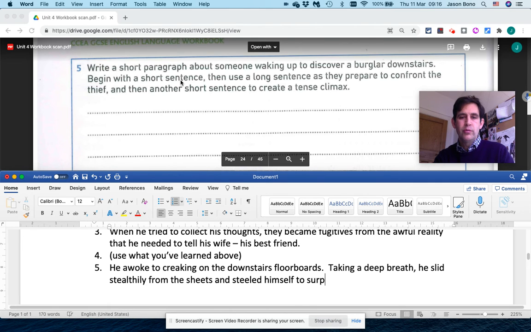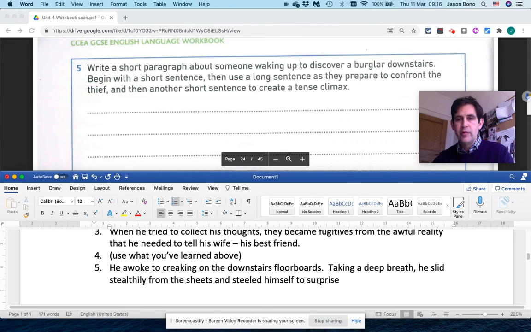to surprise. This S sound is not accidental. Slid stealthily from the sheets and steeled himself to surprise. Okay, I'm using that alliteration to try to show the softness, the quietness, the shh. Okay, to surprise the